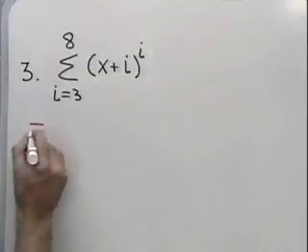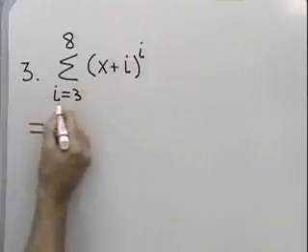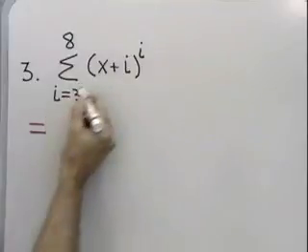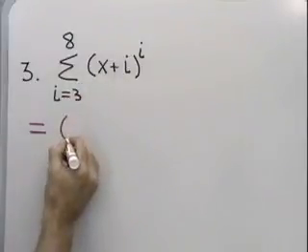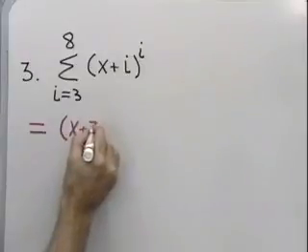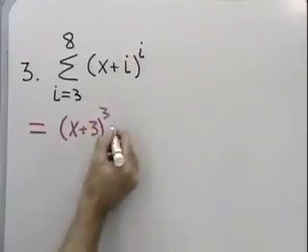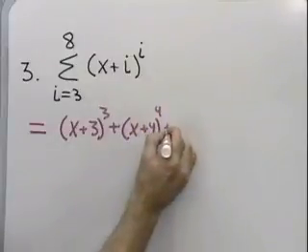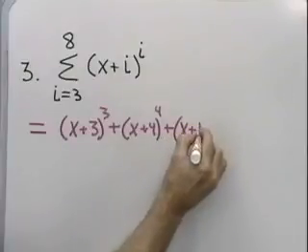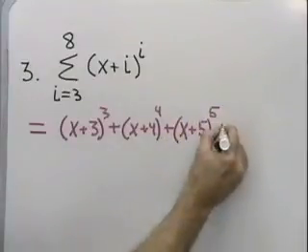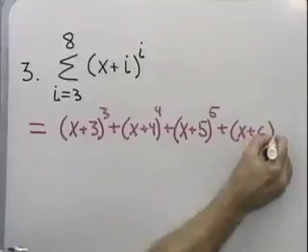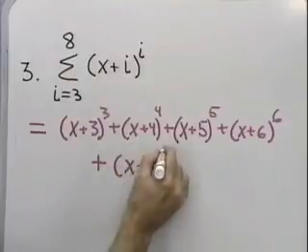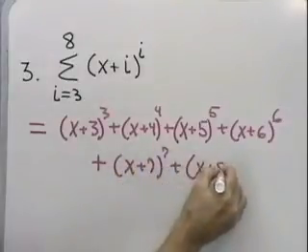So i is the index of summation here, that's what it's called, and it's the variable that varies with each term right here. This x has nothing to do with this i, so we're just going to leave it alone. It's part of this term. So I get (x plus 3) to the third power. Then I get (x plus 4) to the fourth power, plus (x plus 5) to the 5th power, plus (x plus 6) to the 6th power, plus (x plus 7) to the 7th power, plus (x plus 8) to the